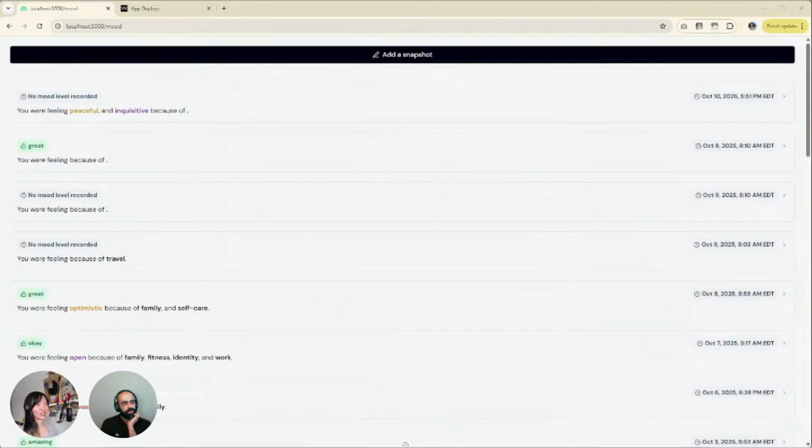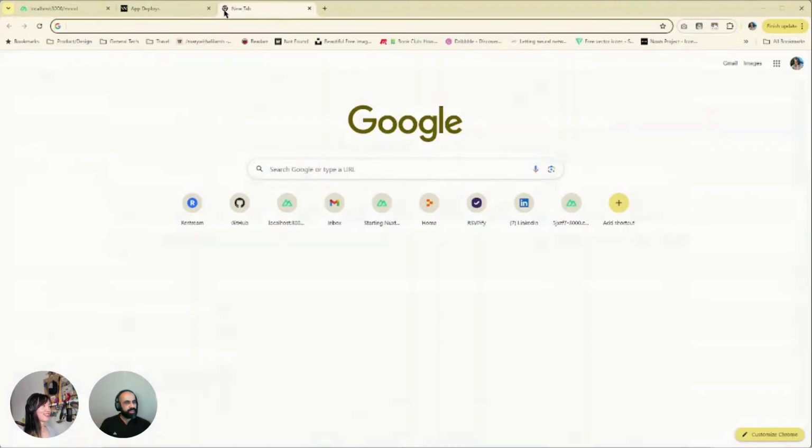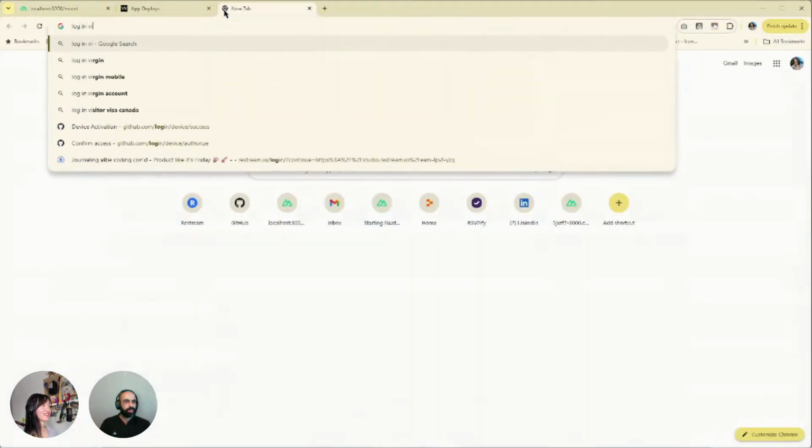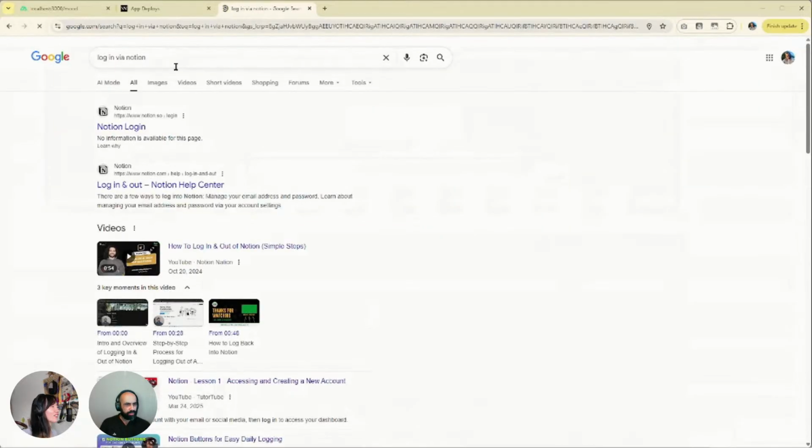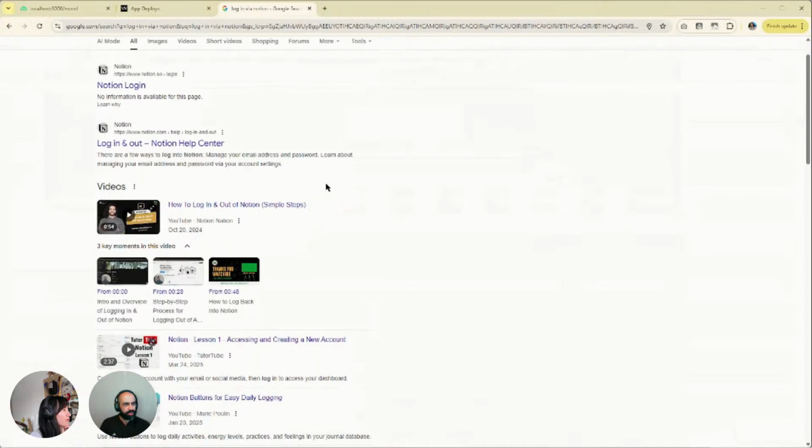There's also the case where you could have a Google login, or even a Notion login. It turns out, oh, that's a thing. It seems like it is. If you type in login with Notion, there's something called Notion Auth.